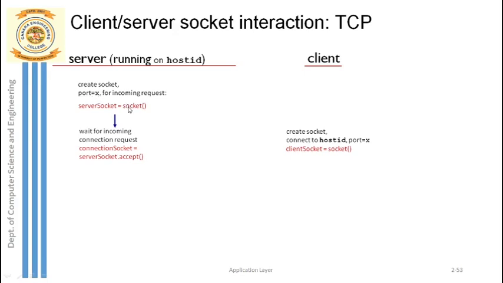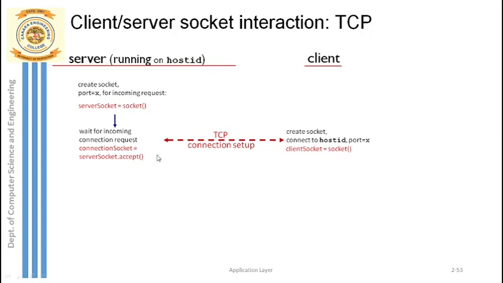So socket is a function; create a welcome socket first, and after that is created, the server is waiting for the incoming request. It is at the welcome socket that the client's requests are accepted. Now at the client side, there is one client. That client has created a socket, and that socket has a port number. Now what is going to happen next? This client has sent a request to the remote server.